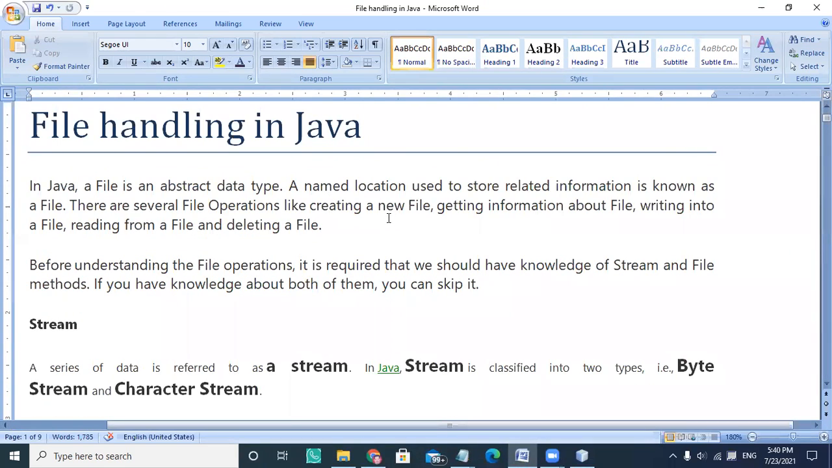So basically, when you learn any programming language, every time the information is stored in the form of characters or bytes. Okay, so whatever the information, either it is coming from the keyboard or the information is coming from